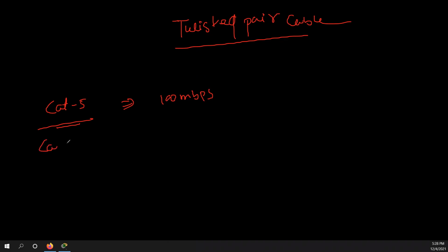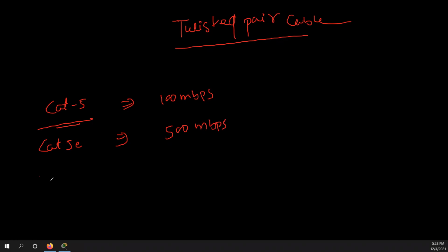If you are purchasing Cat5e, this cable provides a maximum speed of up to 500 Mbps.